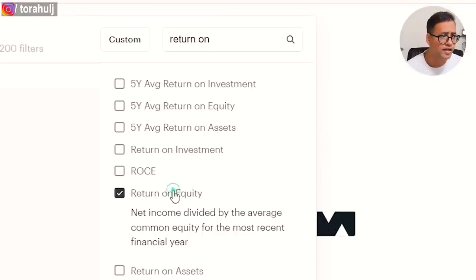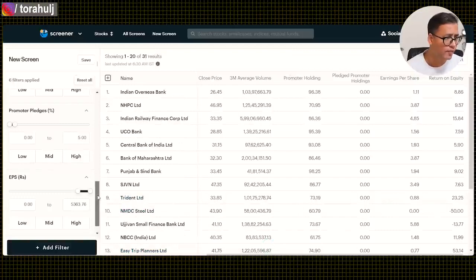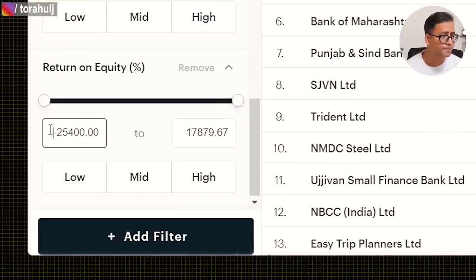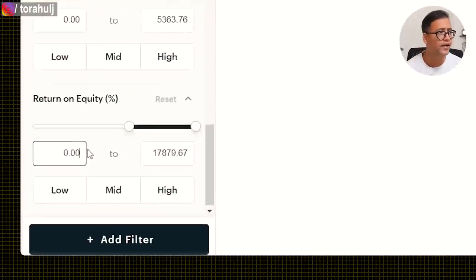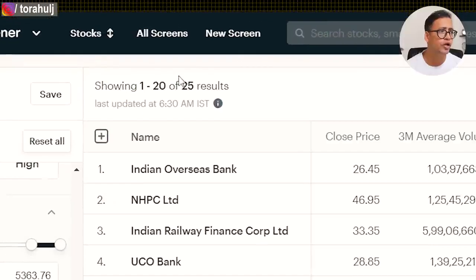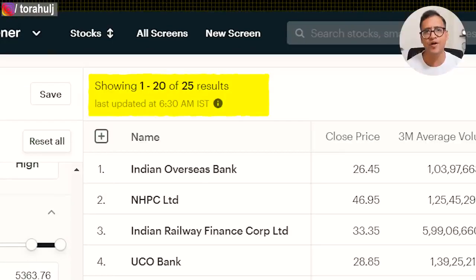That is one of the very basic limitations of penny stocks. With that, let us go ahead and select return on equity as one of the fundamental parameters, and we'll be happy to consider any stock that has shown positive return on equity in the last financial year. So let us add that here, and with that we get a total of 25 stocks that have given positive earnings per share as well as shown positive return on equity.